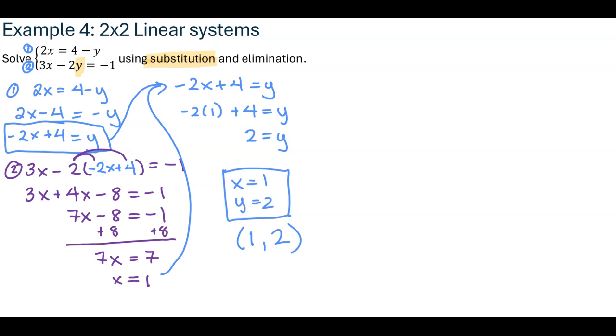But I think most of what you see is in terms of x and y, so you should be fine. Okay, so that was solving with substitution. To solve with